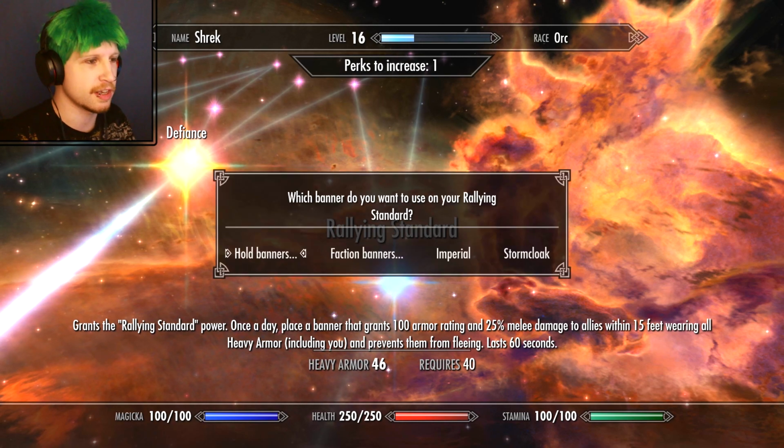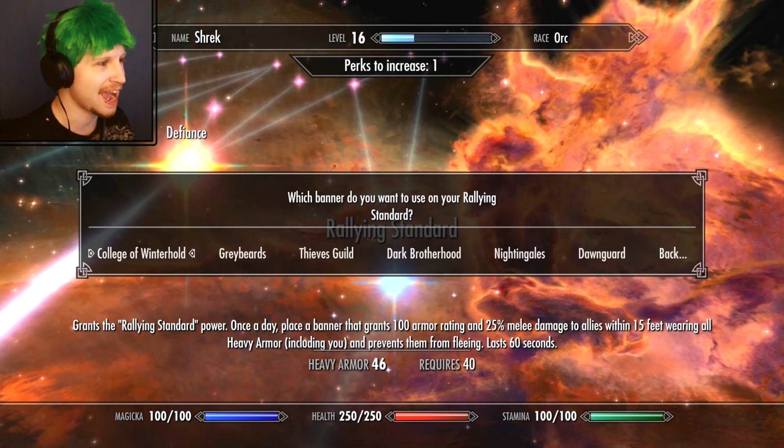Which banner do you want to use on your rallying standard? Oh, it's just choosing one just for looks. Okay, so we can use hold banners, faction banners, or imperial. Maybe we could swap these over at any time. That's pretty cool. Let's do the faction. And let's go for...